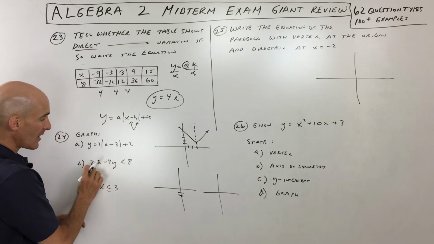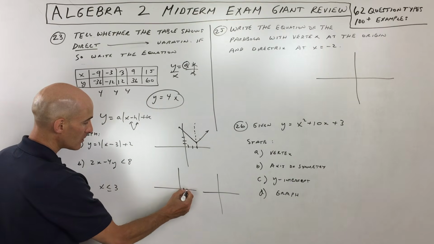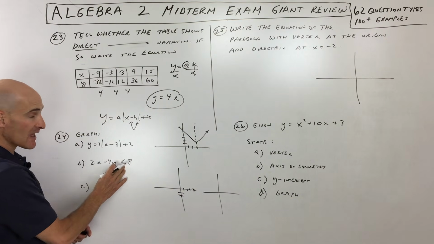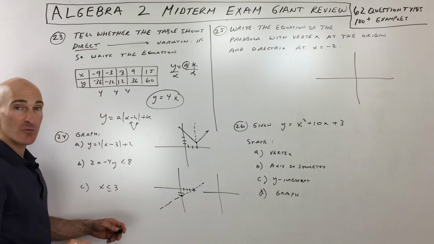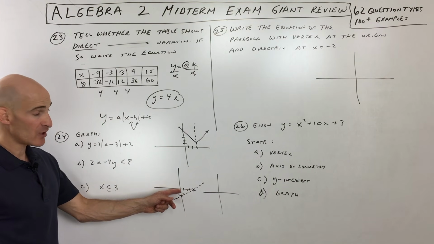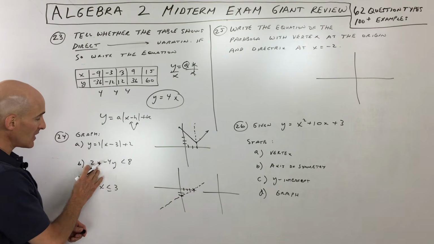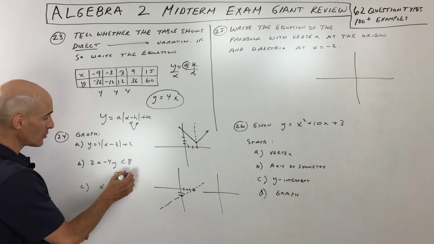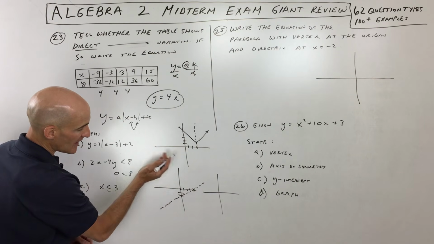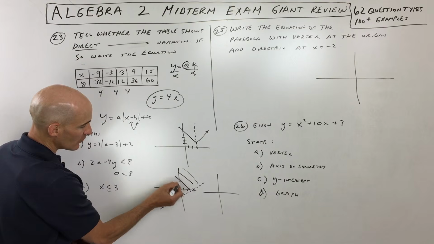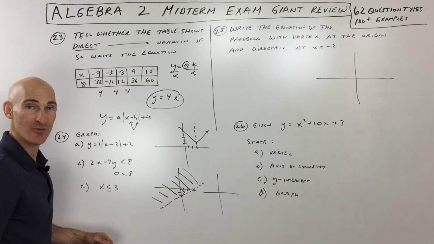Set y to 0, divide by 2, that means x is going to be 4. Notice that it's less than but not equal to, which means it's going to be a dashed or dotted line. Then if we pick a test point, the origin is a good point to pick, (0, 0). So if we put 0 in and 0 in, we get 0 is less than 8. Is that true? Yes, so where that point is, that's the true side of the plane. That's where we want to shade. If it was false, you would shade the other side of the plane.